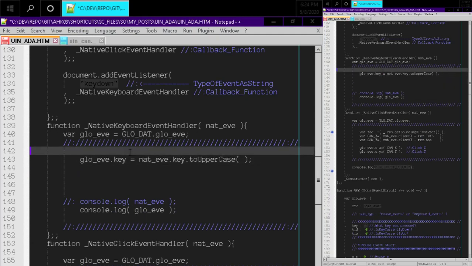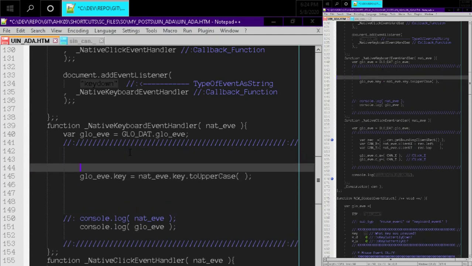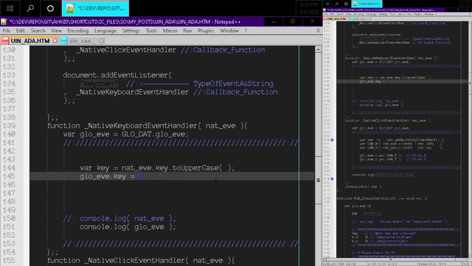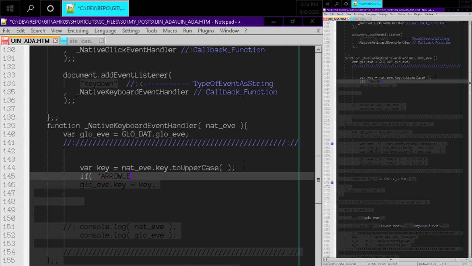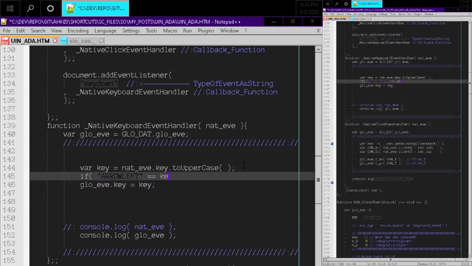So actually, I'm gonna say something like this: variable key, and move this over here, and then if we have these like arrow left equals key,